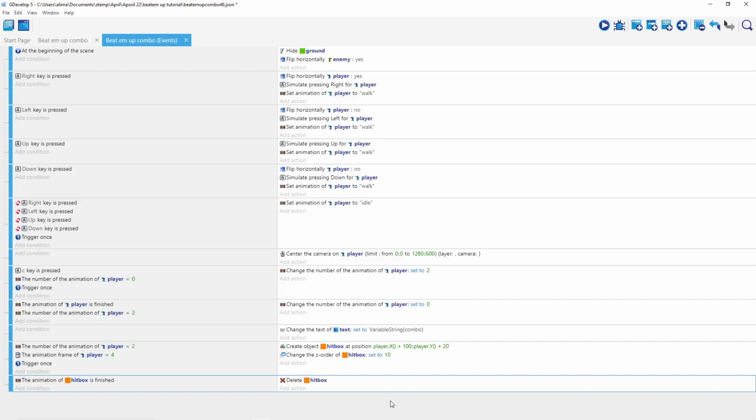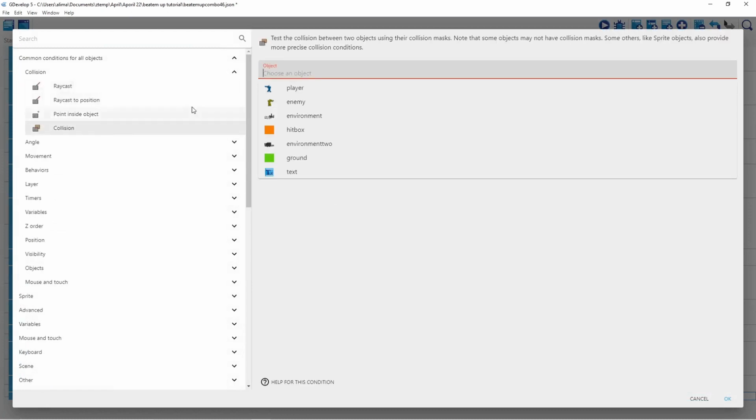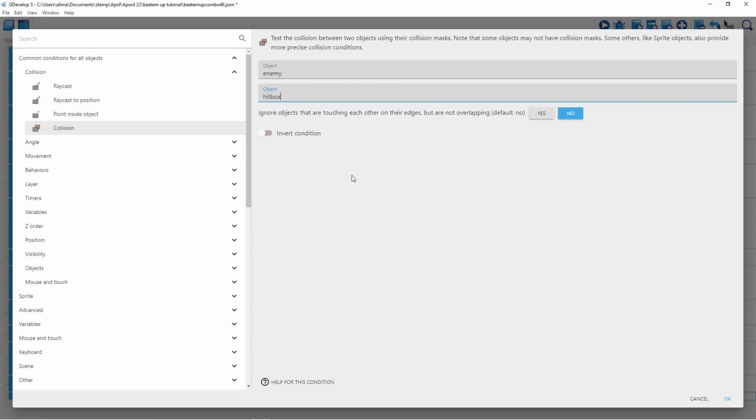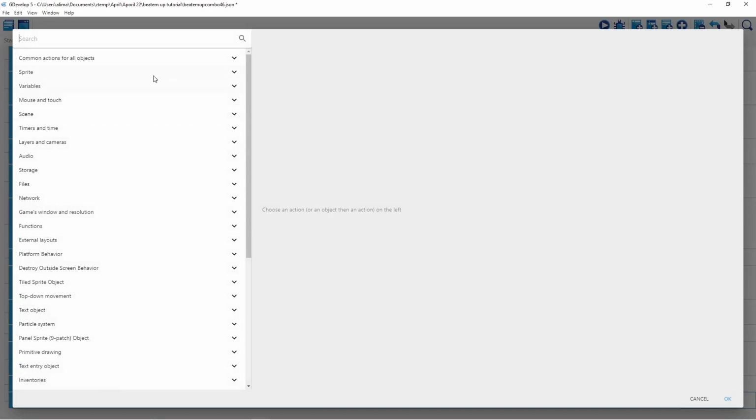Okay, now we want to make it so that the enemy can be hit by our player character. So to do that, we'll add a new event. We'll go to add condition, common expressions for all objects, collision, then collision. We'll select enemy. We'll select the hitbox. We'll leave the rest of those settings, or that other setting default. We'll select OK. Then we'll go to add action, sprite,